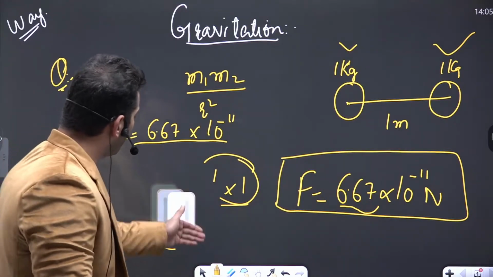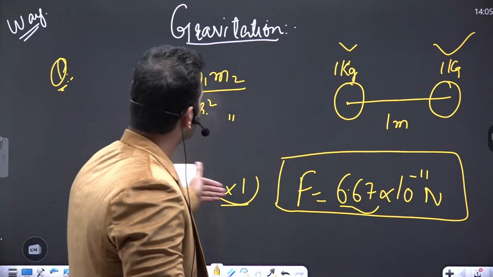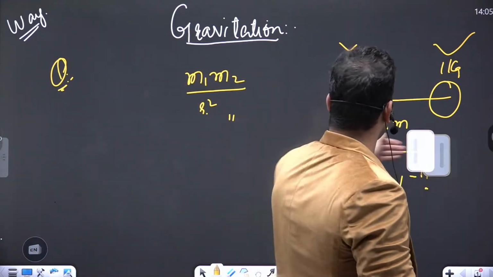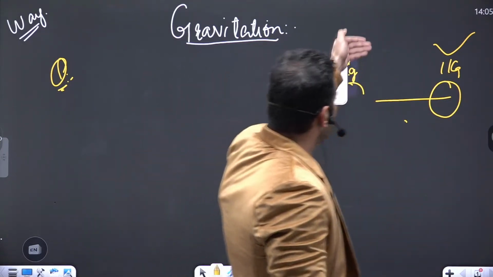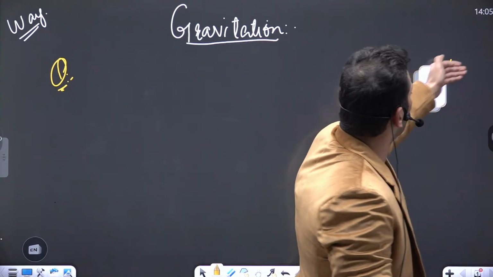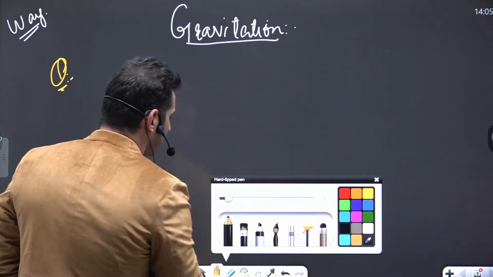So we will take earth. For that, we must know some parameters. What is the radius of earth? What is the mass of earth? Right, beta? Let me inform you that the mass of the earth is